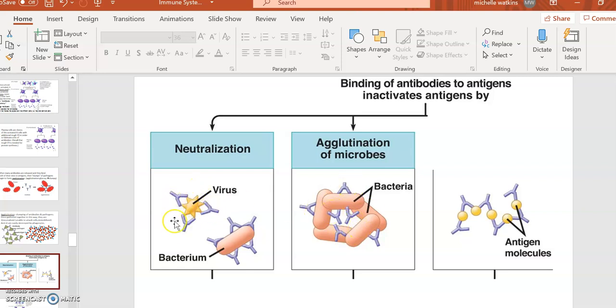Or an individual one can get coated with antibodies, and therefore it can't enter your cell. It doesn't have the capacity to enter into your cell anymore, so it's called neutralized. It's kind of like it's been handcuffed. It becomes